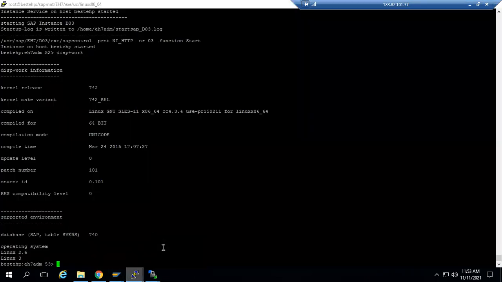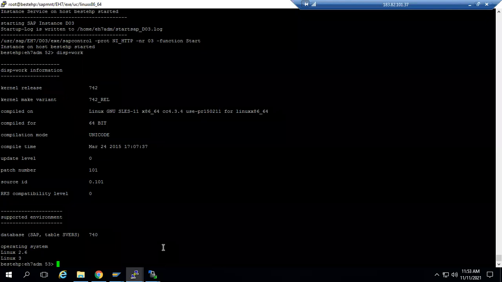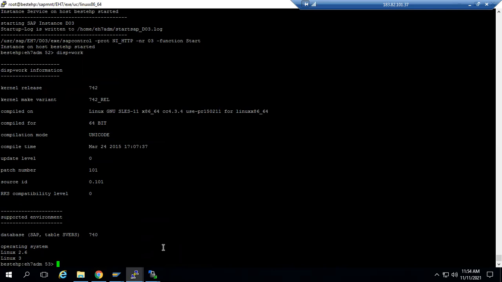So when we do the revert back, when your system is not coming up after the kernel upgrade, then you need to revert back. That's why backup is crucial here. Don't do any activity, not only kernel upgrade, whatever activity you are doing, without any backup, please don't do it, because you will be in serious trouble.